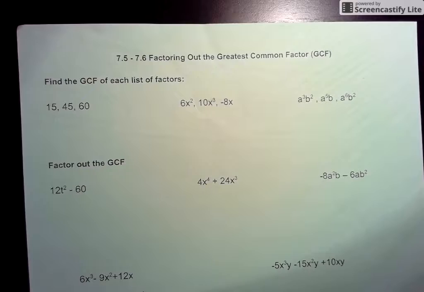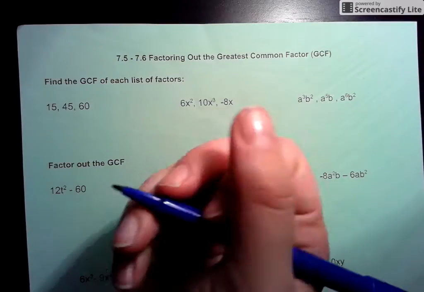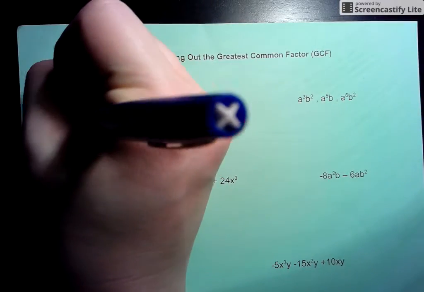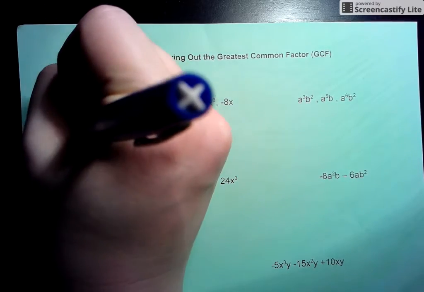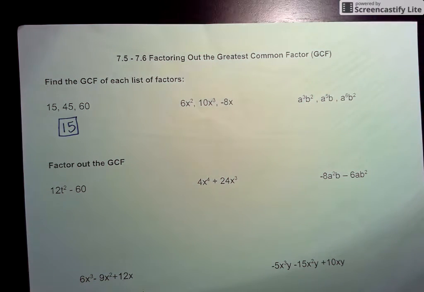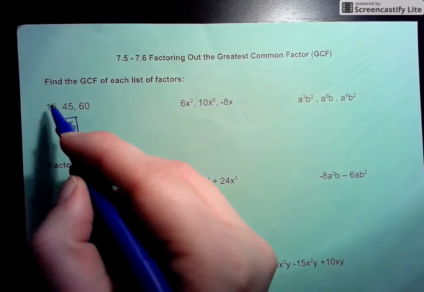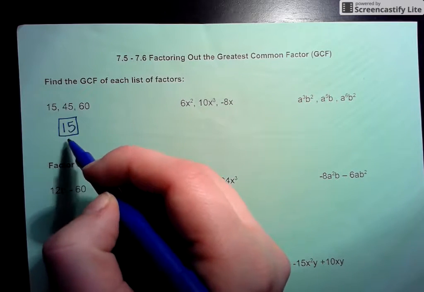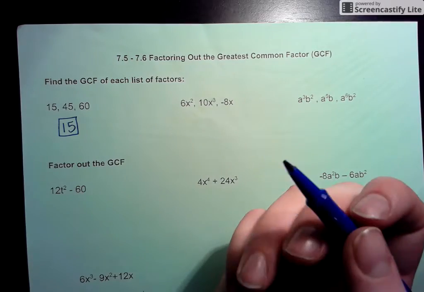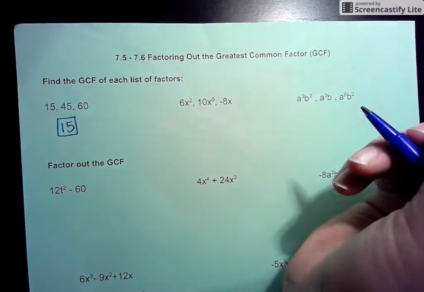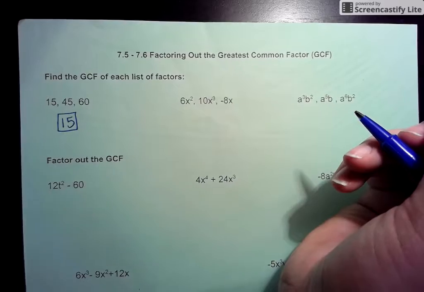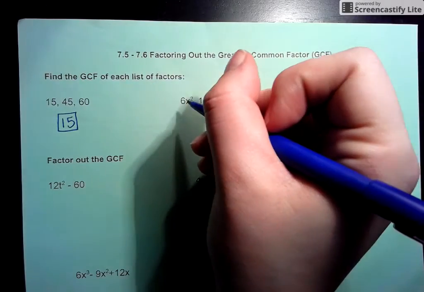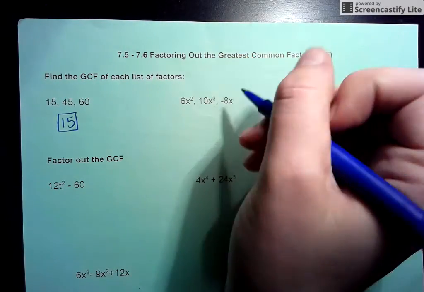Well, the most common factor that they have, or the greatest common factor, would be 15 for all of them. So 15 is the greatest number that you can take out of all of them. Or 15 is a factor of 15, 45 is 15 times 3, and 60 is 15 times 4. Now with this one, you're only going to be able to take out a 2, because that's the greatest common